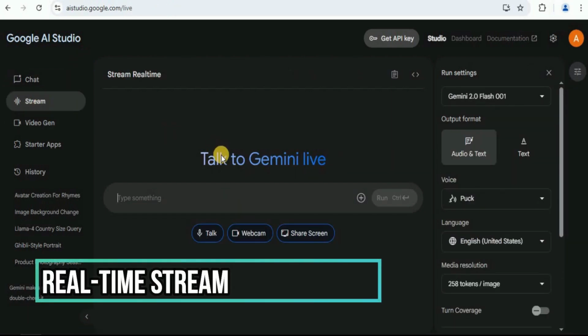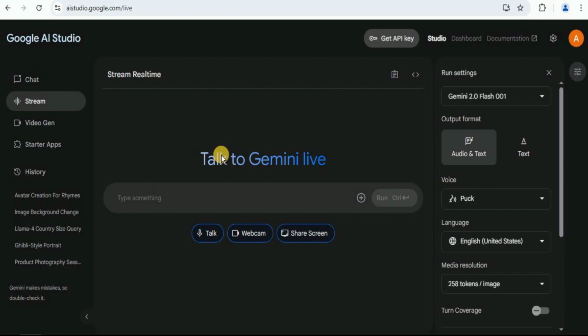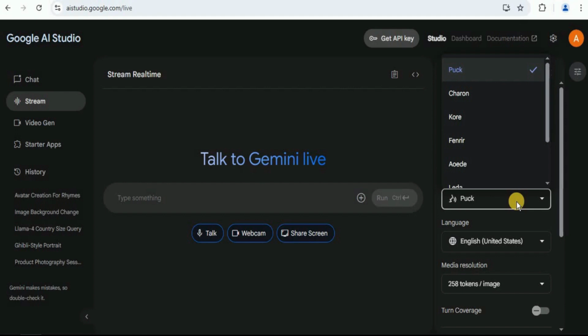First of all, it looks so much better and it's definitely easier to use. You can actually talk to Gemini live here. You can also share your camera with it and you can also share your screen with it to get assistance in real time. But definitely the most impressive addition is here on the right hand side, because now you can actually pick a custom voice when you talk to Gemini. So out of all of these options, I can literally select any of these voices and then have Gemini talk back to me in this voice.